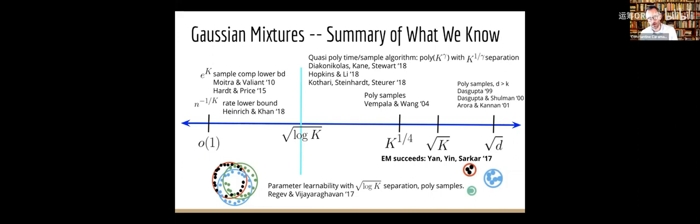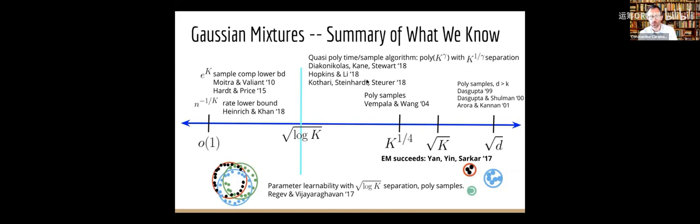And one difference that I want to mention again with respect to this work is that because we have a slightly larger basin of attraction, we can initialize with KD samples instead of polynomial KD samples. But in either case, we need exponential effort. So that's my short answer there.